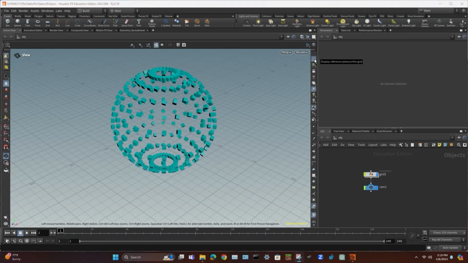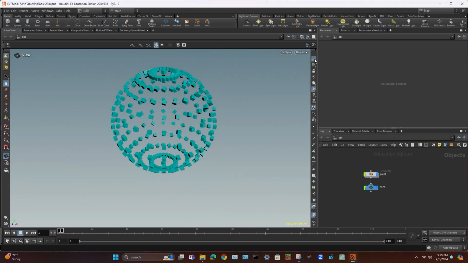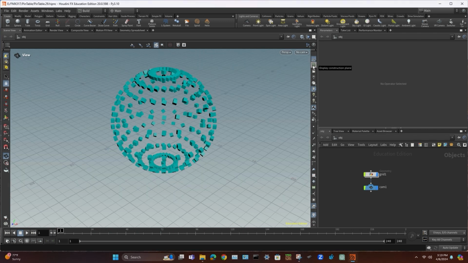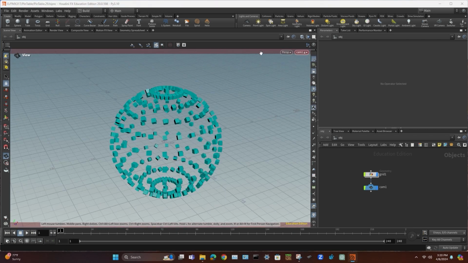This top icon is a toggle for your grid. The one directly below it is a toggle for a construction plane that you can use to help. This lock button is an alternative to using the check mark there for the tied view to camera/light. It's the same feature. I'll go ahead and get out of that so I can show you the rest of